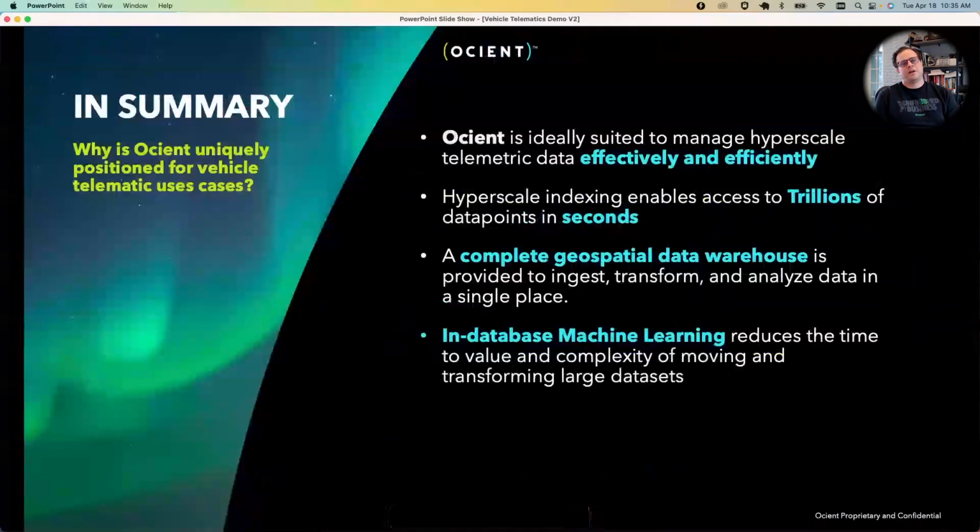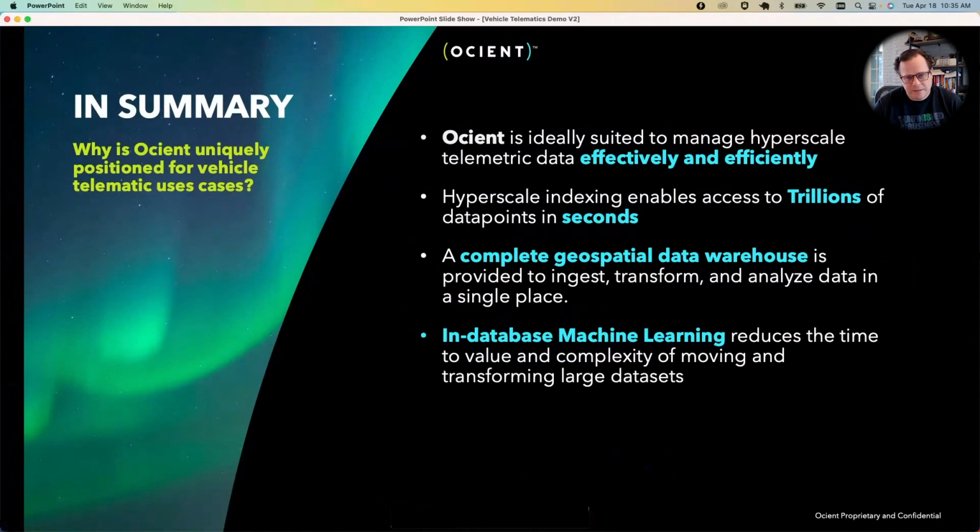That's a quick summary. Ocient is ideally suited to manage hyperscale telemetrics data both efficiently and effectively. We put a lot of work into our geospatial functions and geospatial data types and machine learning, and we do all of this at the Ocient scale and interactive performance level.